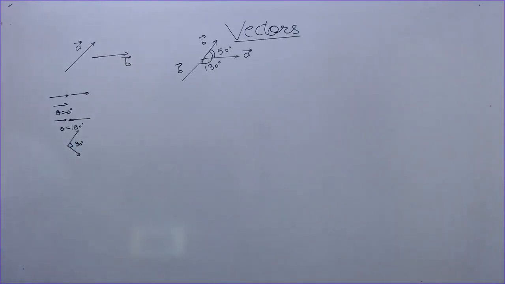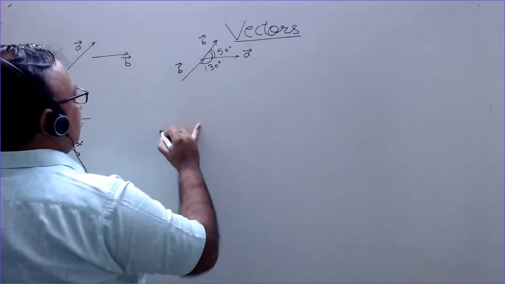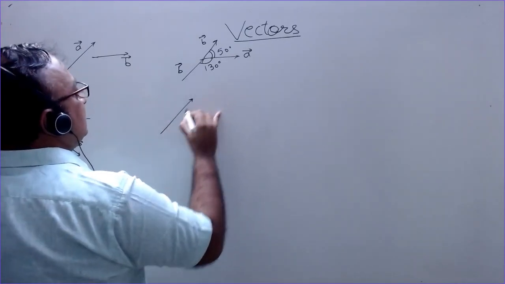This is the angle between two vectors. Now I have told you how to take the component of a vector in a given direction. So now we can discuss the product of two vectors: scalar product and vector product. So let us take two vectors